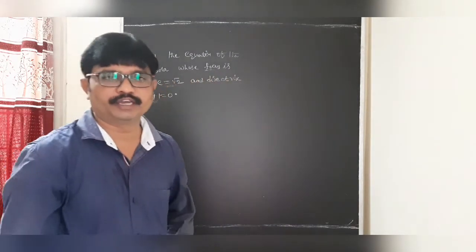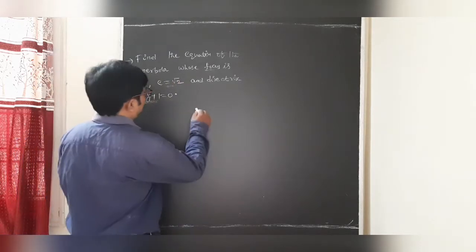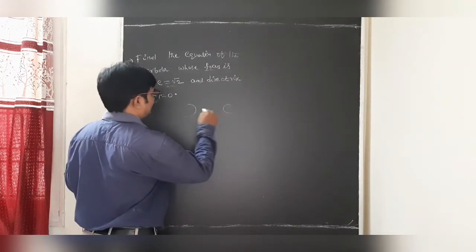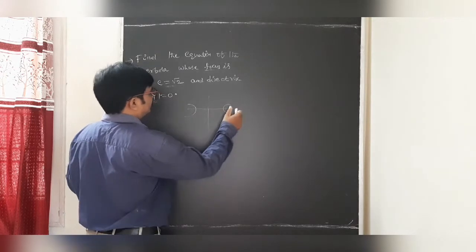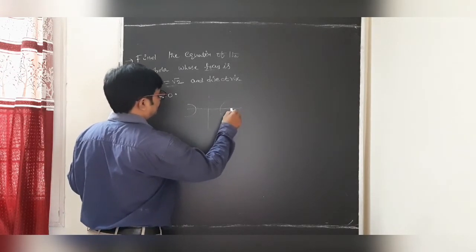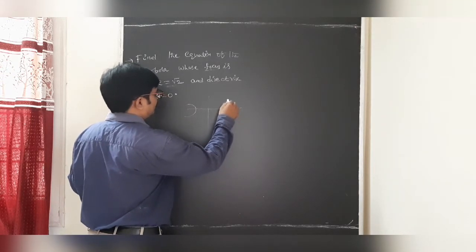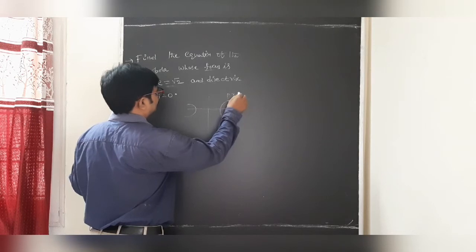So the constant ratio is the e. Undoubtedly we can apply the definition of the conic. So my dear students, we have to know the definition of the conic. The definition of the conic is, everybody knows that: the locus of the point